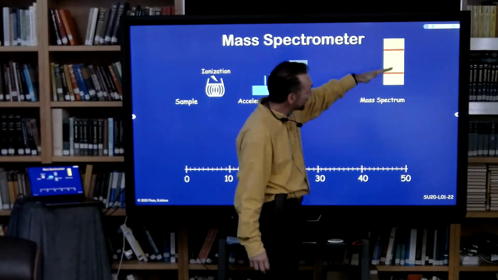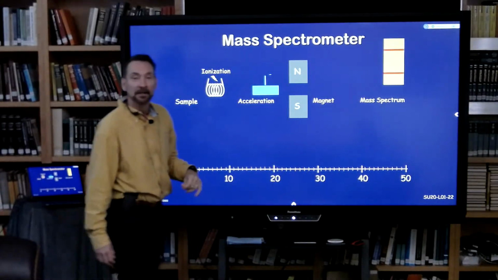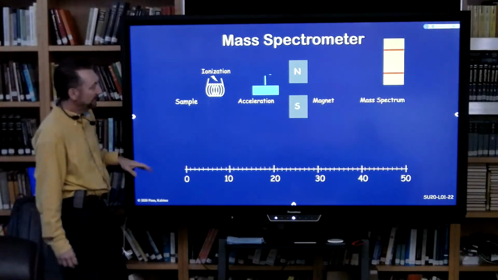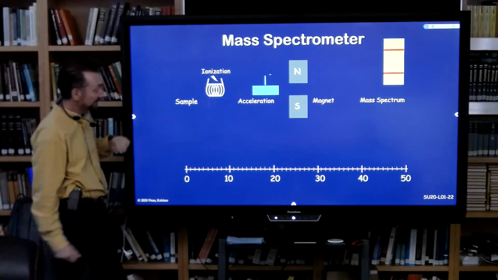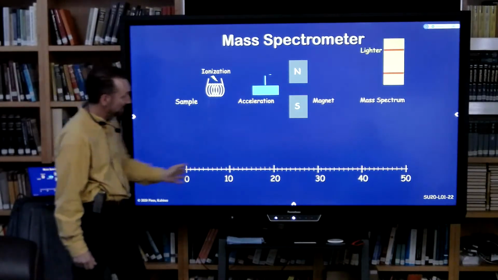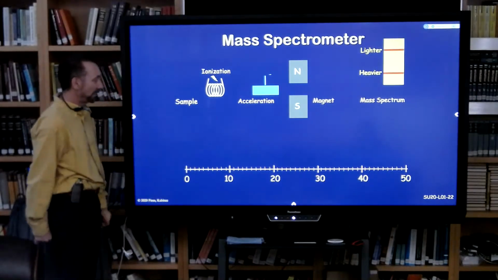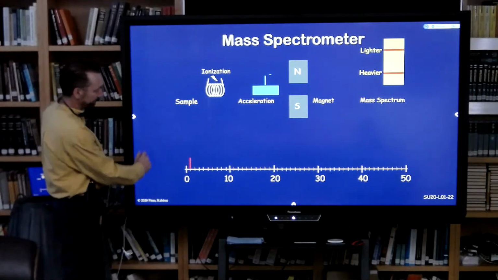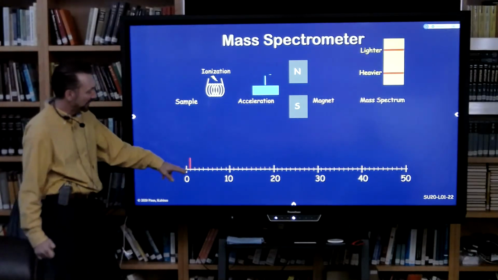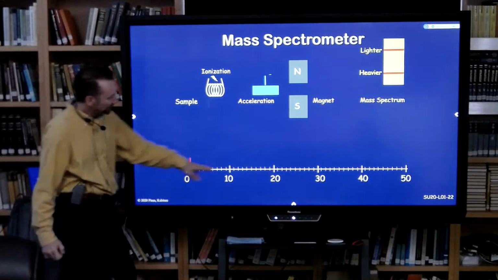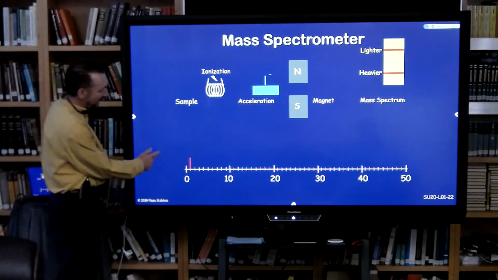So you can plot the masses of your particles from that detector. And we generally just write it as a mass axis. So if we do a